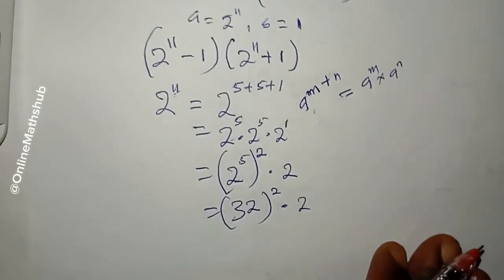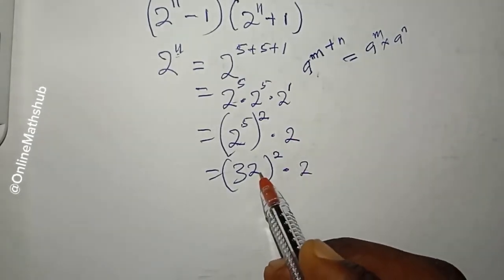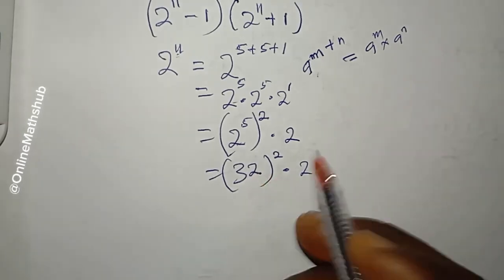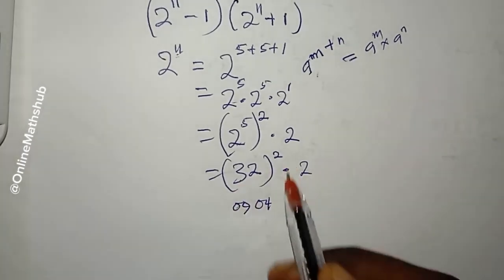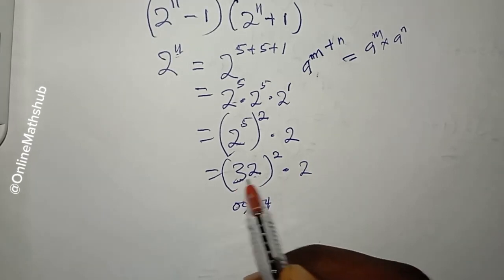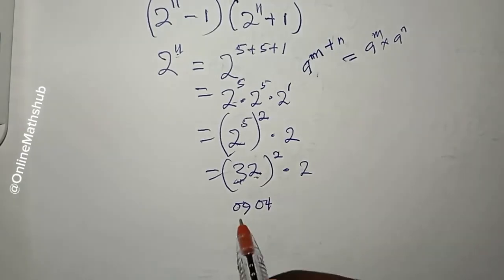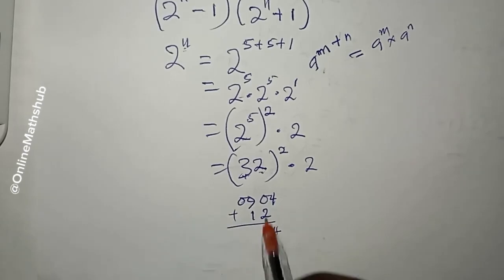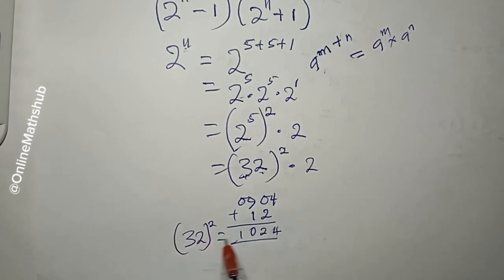So what is 32 squared? How do you evaluate it without the use of a calculator? It is pretty simple. The last term right here, you can start from there and use it to multiply itself. 2 times 2 is 4, so you write it in 2 digits. 3 times 3 is 9, you also write it in 3 digits. And then you multiply the 2 terms: 3 times 2 is 6, multiplied by the power, that is 12. So you write it this way. And then you sum: this is 4, this is 2, and then of course this is 0. So obviously 32 squared is equal to